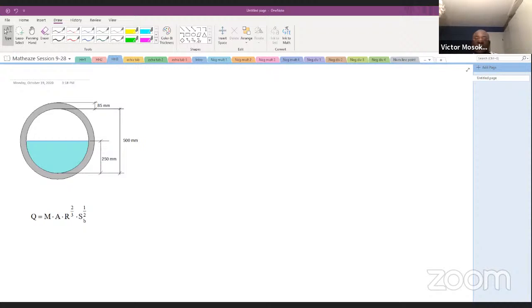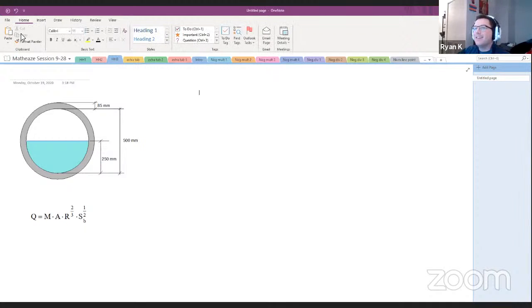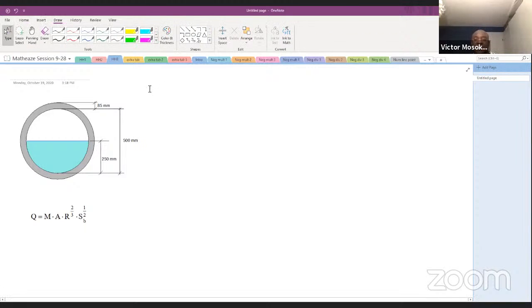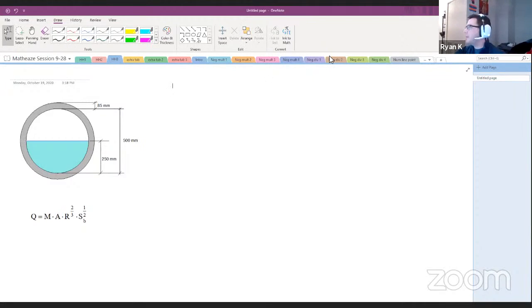Because I've never come across this formula. It's my first time of seeing this. It's all good. My first time seeing this formula too. Whatever this formula is. So let's see, going through it,